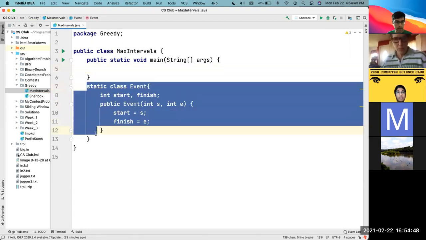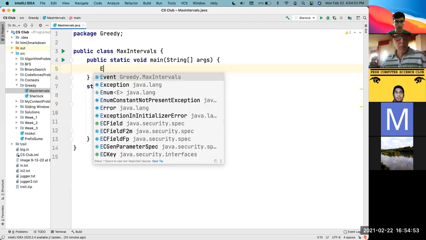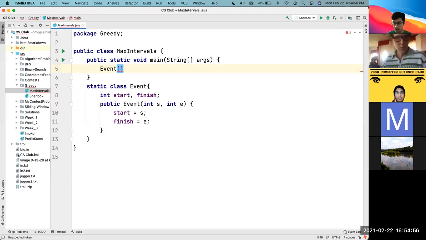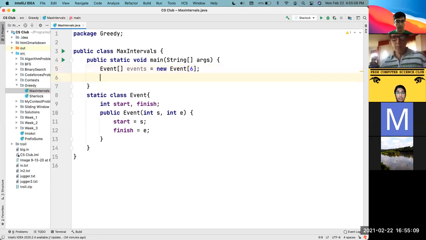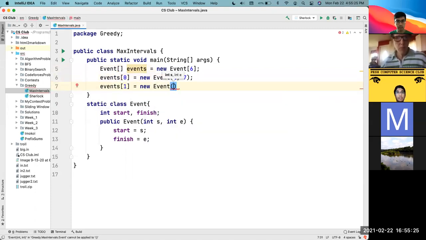Now that we have this basic class, I'll just copy and paste it, and come over to our main function and create an array of events. We'll say events equals new Event. I'll have an array of 6 events, and events of 0 will be a new event that starts at time 1 and ends at time 7. Events of 1 will be an event that starts at time